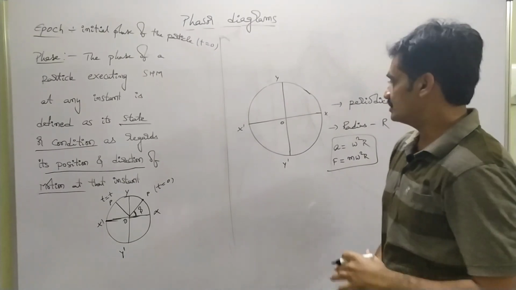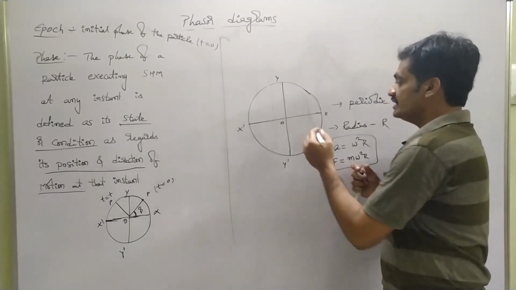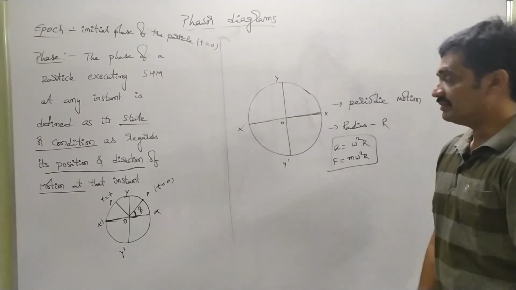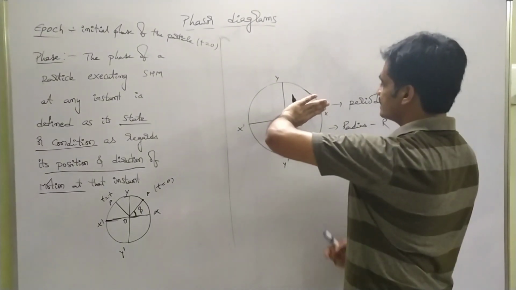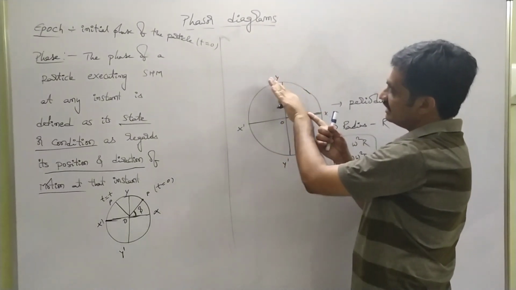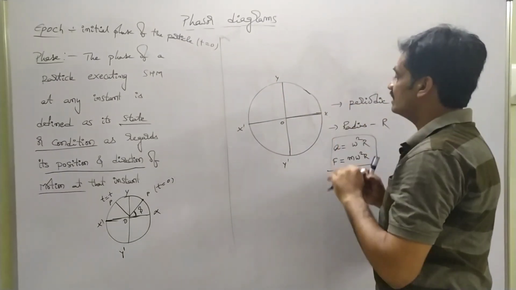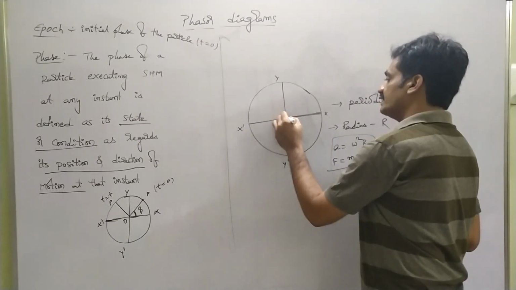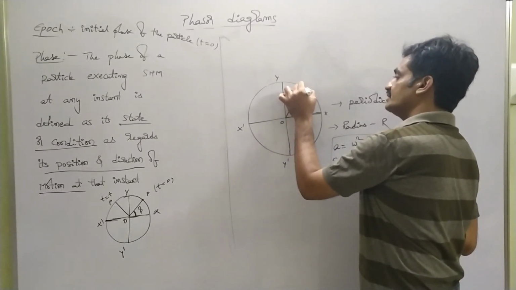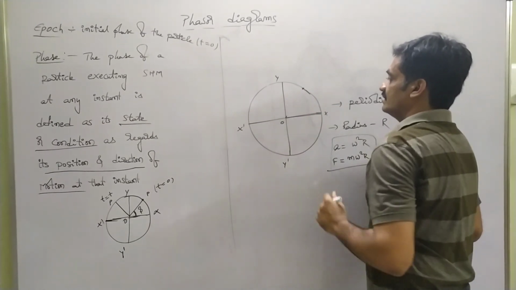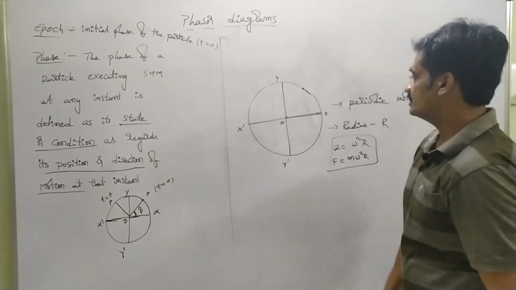Initially the particle is along OX, so it starts moving like this in the anti-clockwise direction. When the particle is moving in the anti-clockwise direction, if we consider that the particle has reached this position,